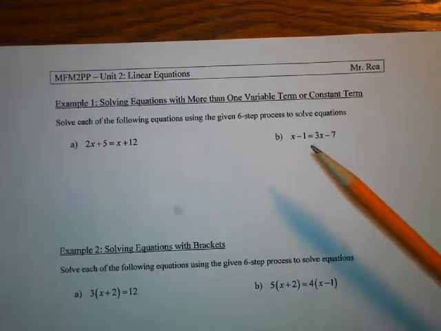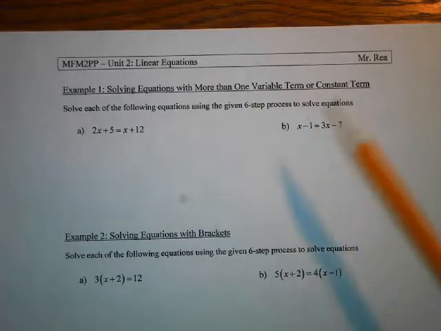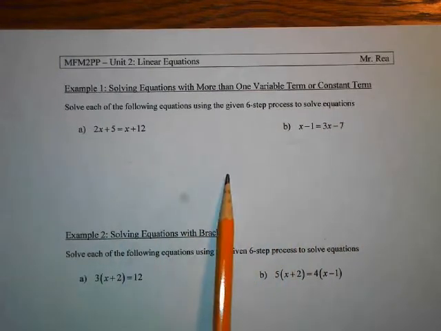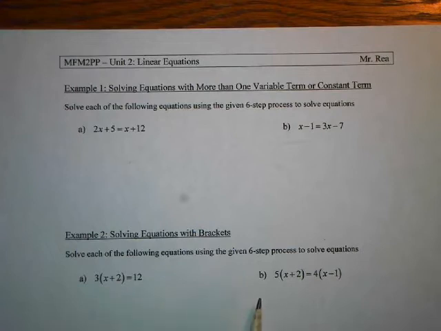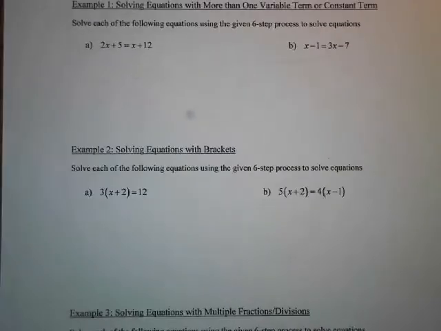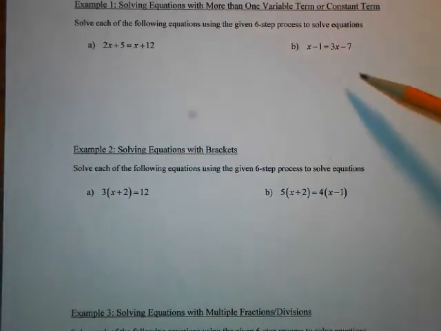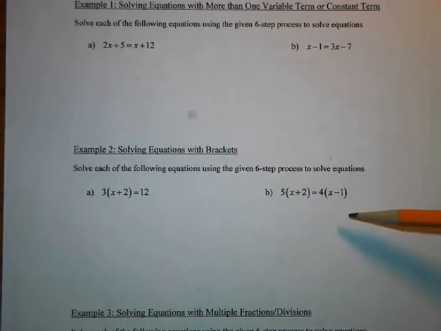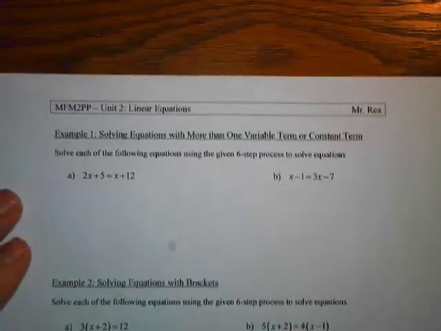I've got 2 where we just have variables on both sides, so just want to give you some practice with that. Then I've got some brackets to get rid of, and then I've got some combinations of things where we'll actually go through the 6 steps. We'll go through the 6 steps here as well, but you're actually going to see that it doesn't involve quite as many. Okay, so if we start off with example 1,